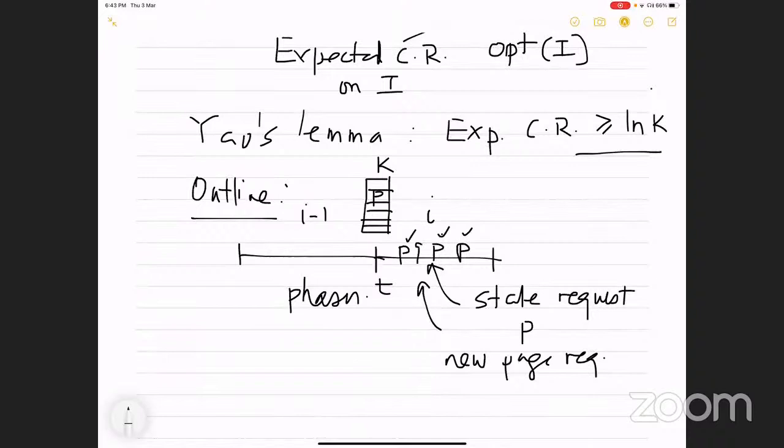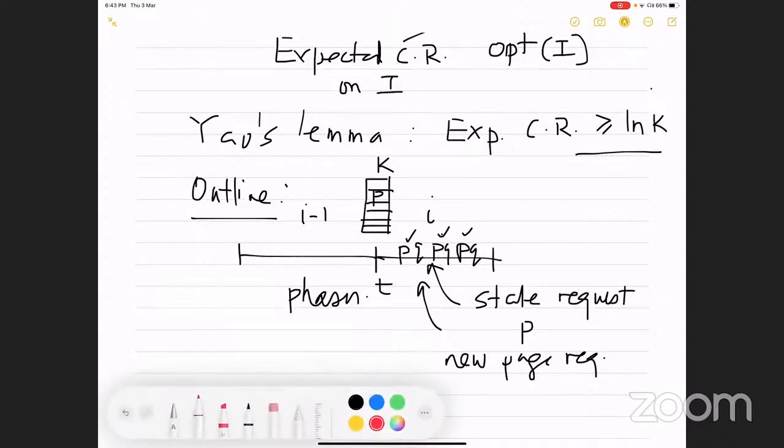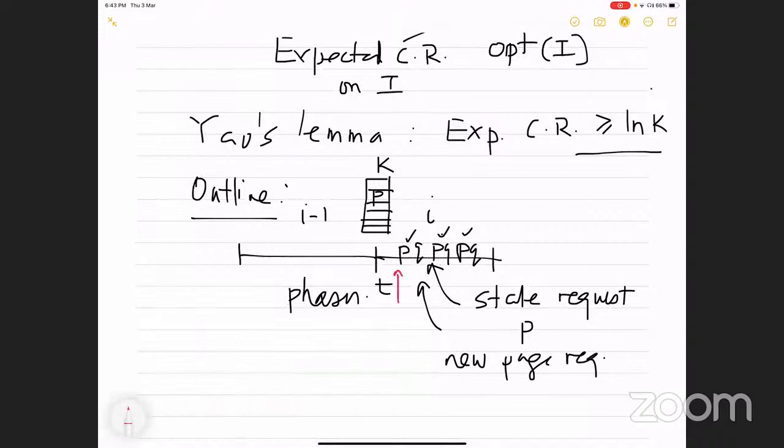Okay, so there is some page q requested here. The same page q can be requested again and again. But again, it's easy to see that the first time it is accessed, that's the only time you have to worry about this page, because the first time you access it, you mark it, and then you will never ever evict it during a phase. Okay. So let's give them some names. So this is Si, and let's call this Ni.